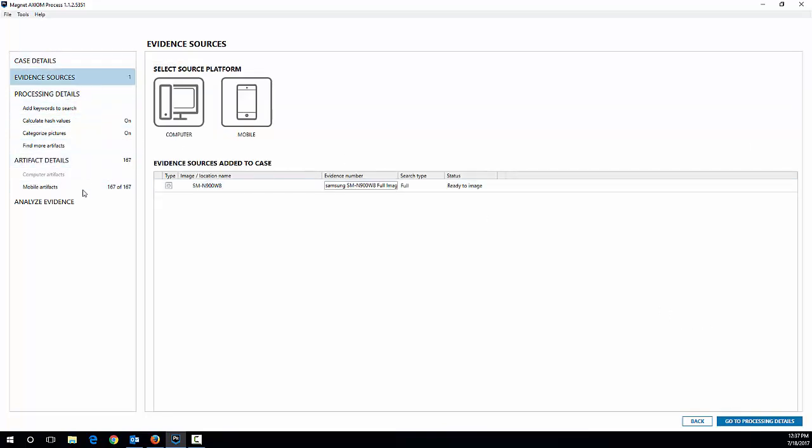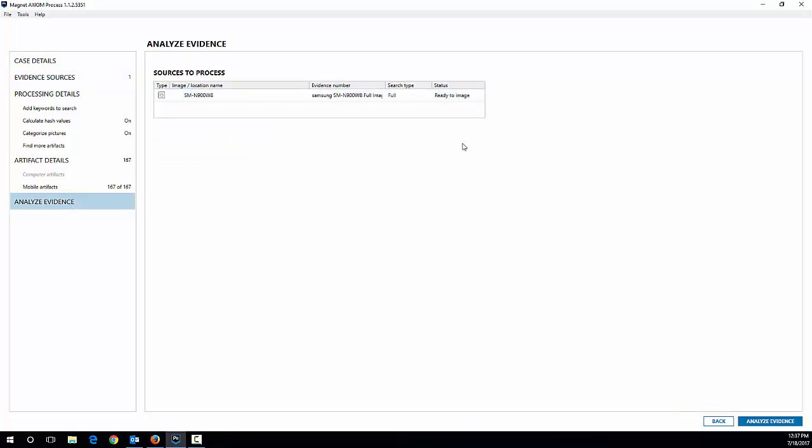I can leave all the artifacts, all the keywords, hashing settings, go to analyze evidence, and we're ready to go. So I'm gonna hit go, and it'll begin the process again. So we'll just let it queue up here. And this will take quite a bit longer than your standard acquisition with a quick acquisition. It only took a few minutes. This is doing a full phone,